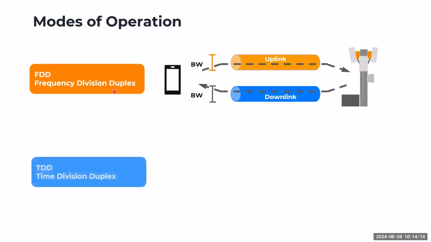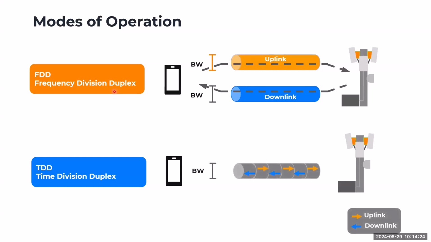Okay. Now, if you're using a TDD or time division duplex, your mobile phone and your gNodeB are communicating with each other using uplink and downlink, but they are using only one channel or frequency. In this case, you're only using one set of frequency. So we call this setup or mode TDD. So the separation of the uplink and the downlink, meaning the time duration, is not perceivable by the human ear. So we cannot identify if it's changing from uplink and downlink. Okay, so these are the two modes of operation.